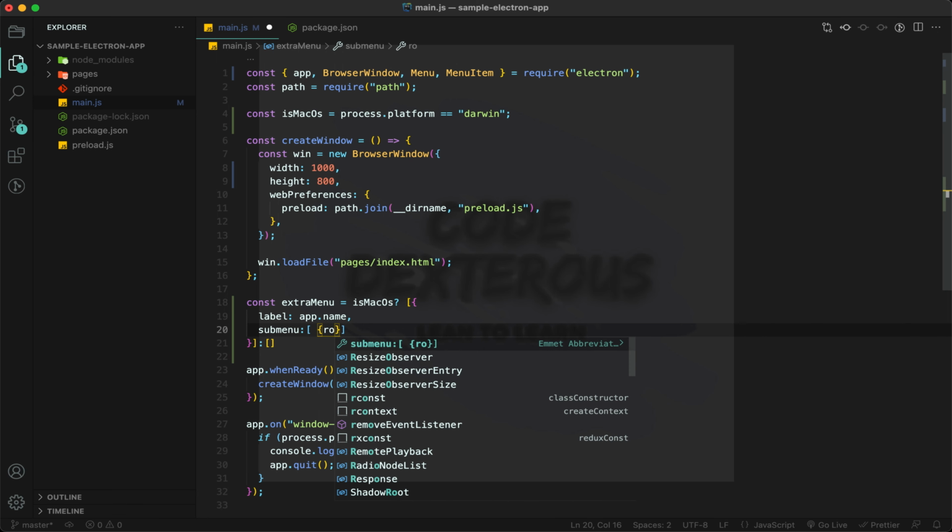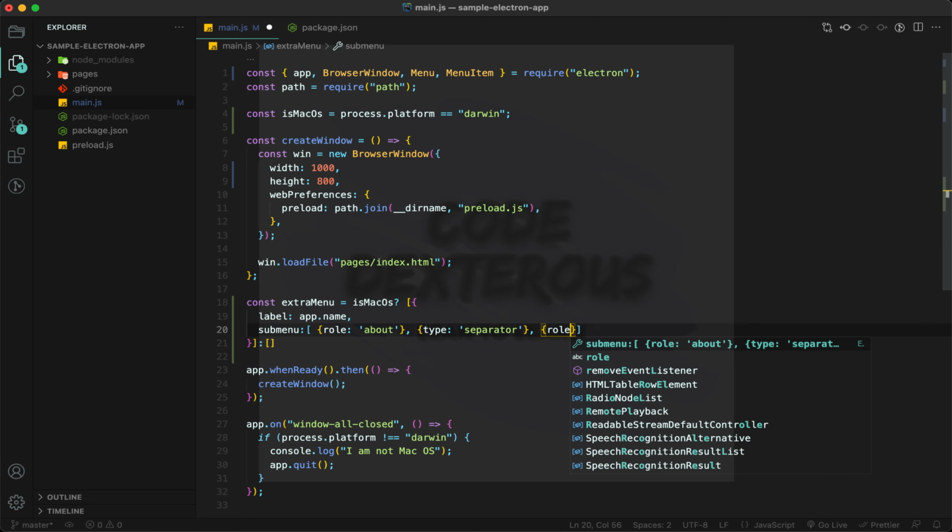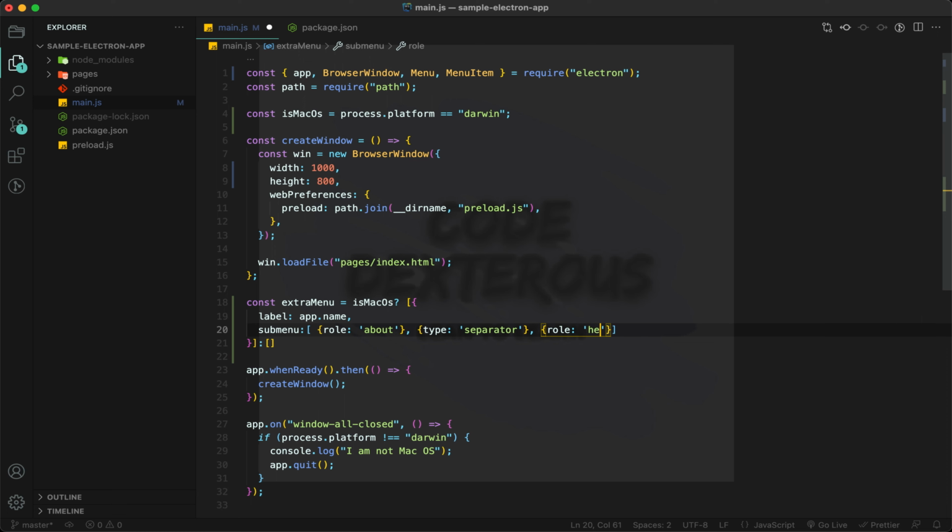Role, and this role will be about. And one more option, that type will be a separator, and one more submenu, and again the role will be help.